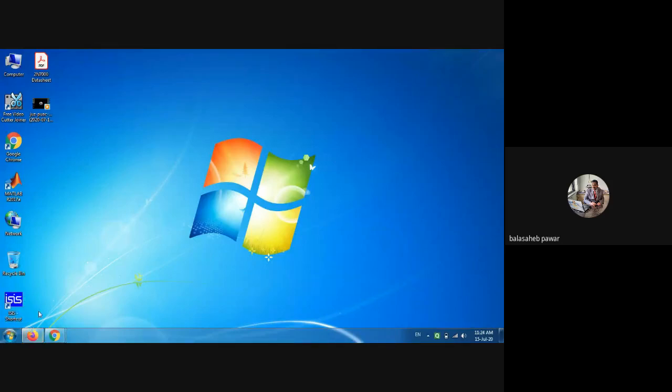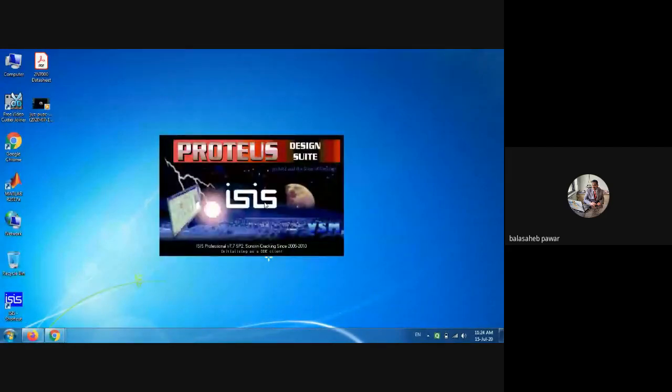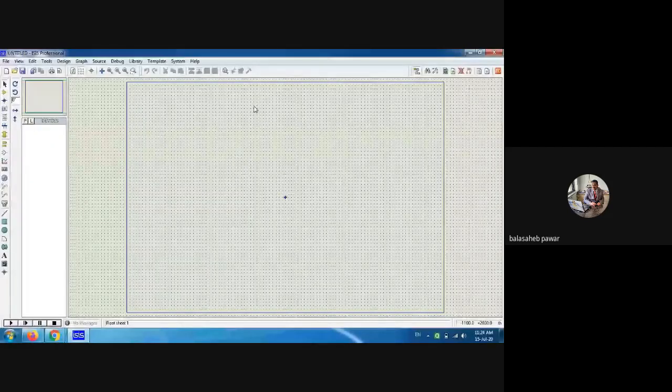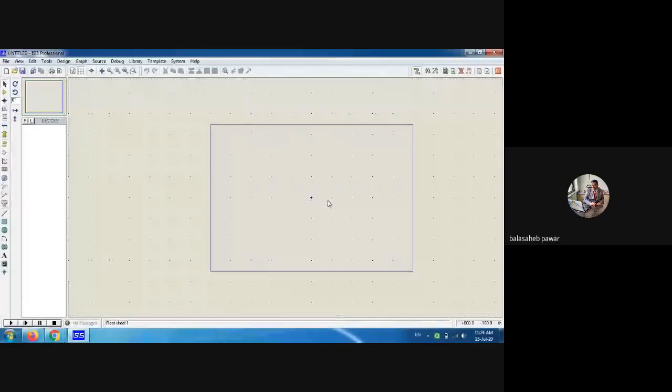Just double click on it, that Proteus simulation software will start to run, and you will see such type of window. You can scroll it, you can enlarge it like this.